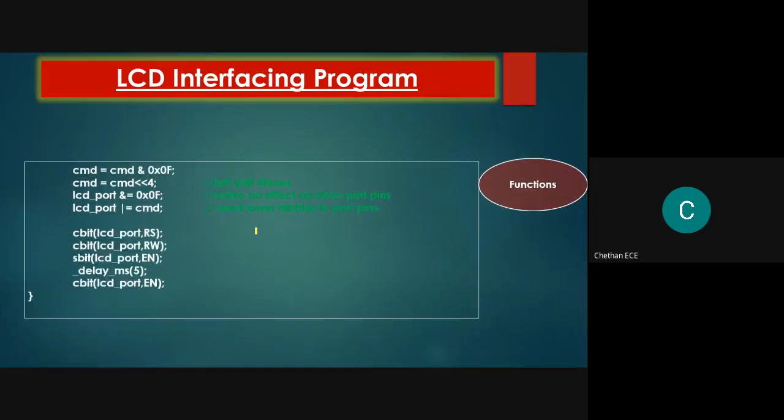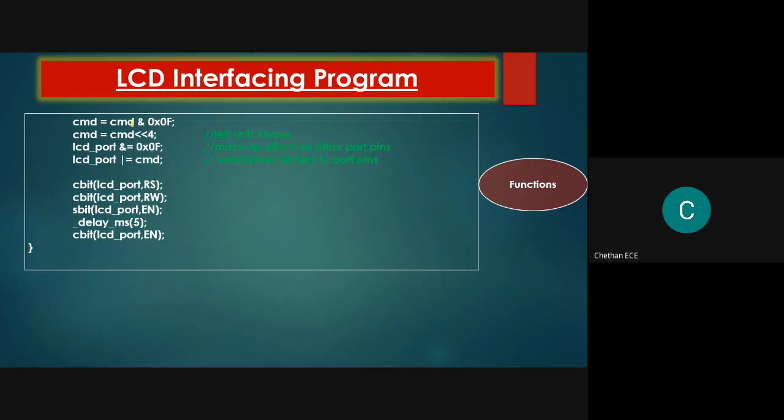Similarly, assume that you have 28H, perform a left shift operation, reset the D4 to D7 pins of the LCD, send the lower nibble. The shift operation is particularly used for sending the lower nibble, and the other operation is used for the upper nibble.